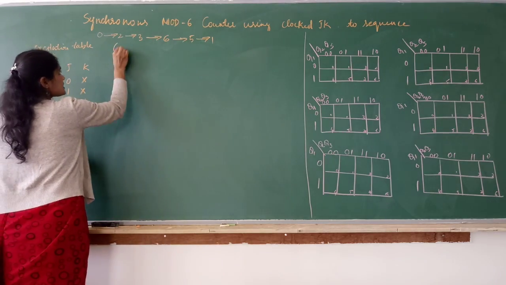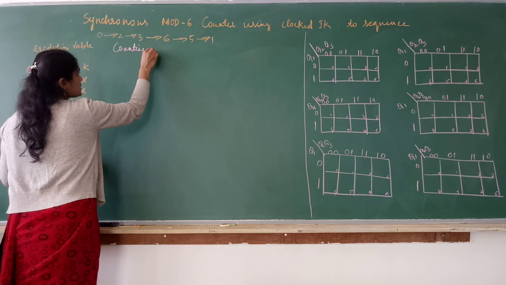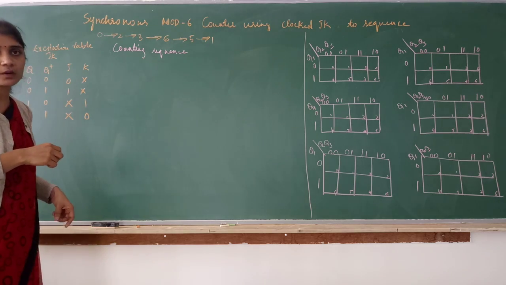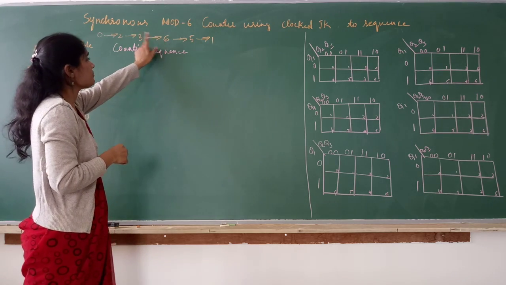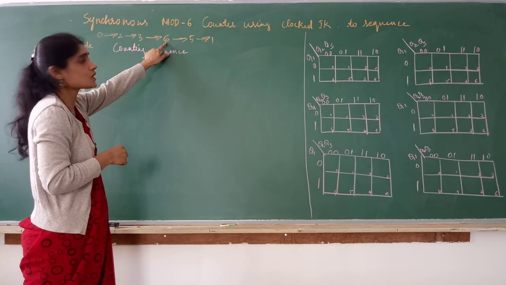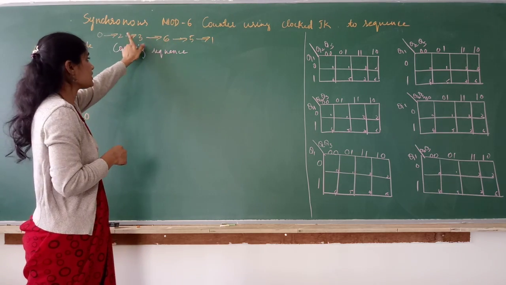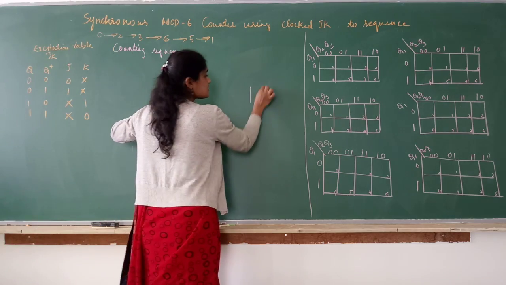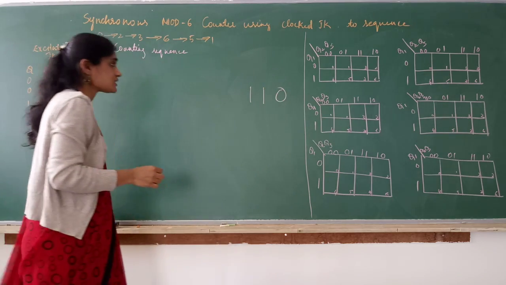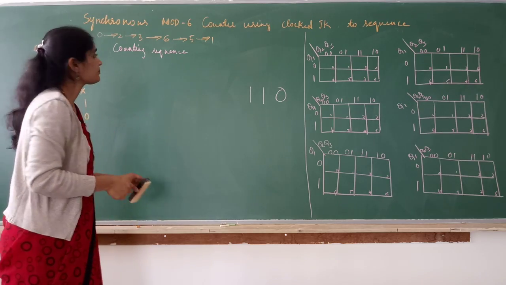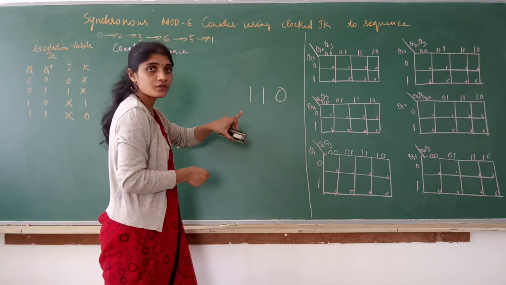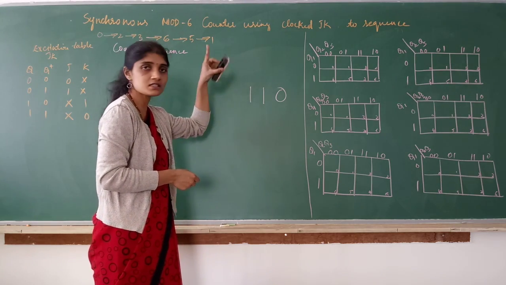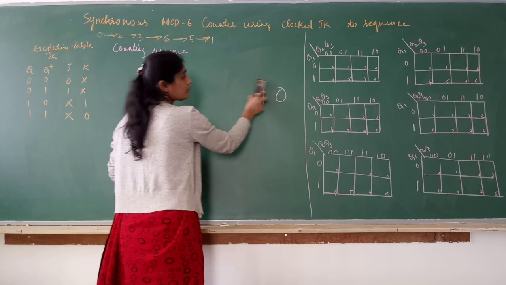So let us write the counting sequence. First decide how many flip-flops are required. Look at the highest count, the largest number in the sequence that we are going to generate here, which is 6. How can I represent 6 in binary? 110, correct? So how many bits? 3 bits, right? Each flip-flop stores one single bit. So how many flip-flops do we want? 3 flip-flops: 3 bits, 3 flip-flops. Which flip-flop? JK flip-flop, correct?